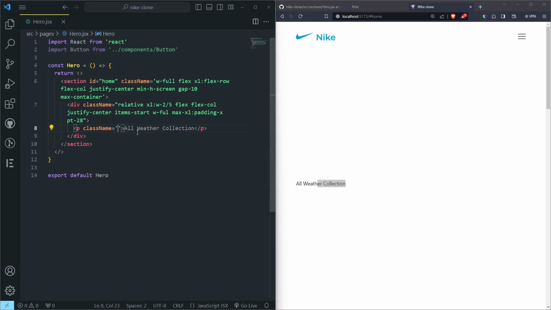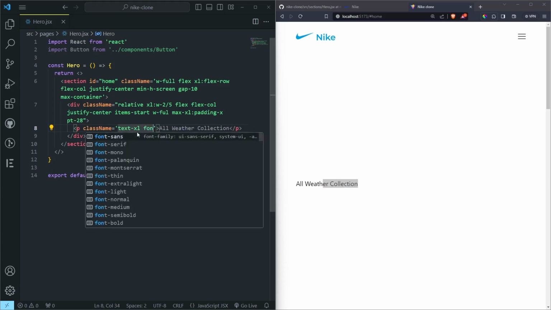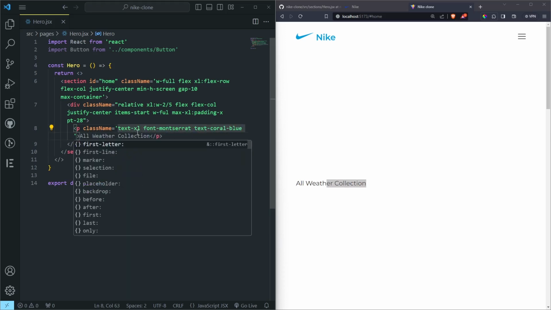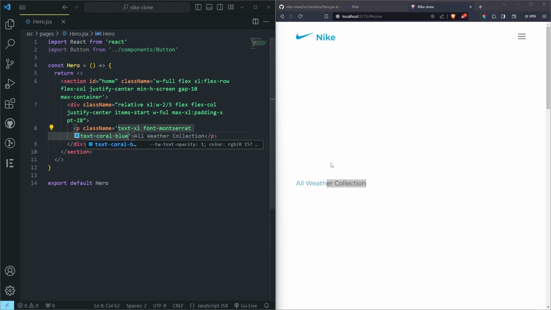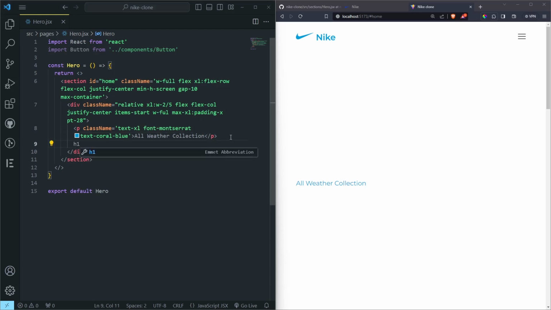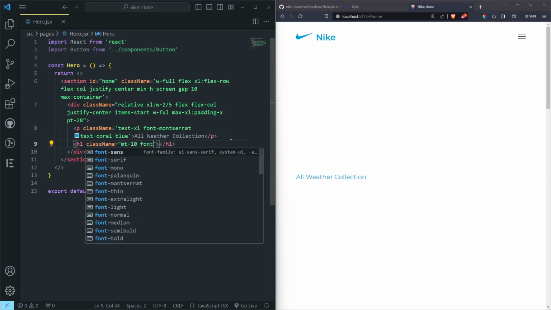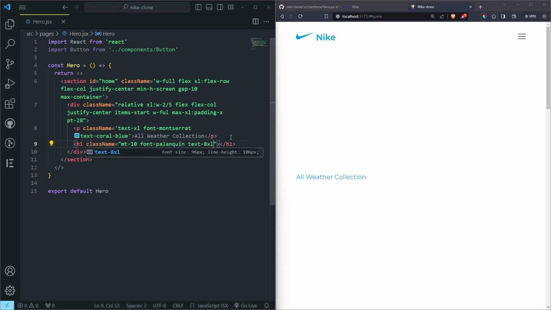Class name, we want this to have a text of Excel, so text Excel, and then a font, going to use Montserrat for this, and then we can also do a color of blue, so it's going to be coral blue, and then I think that one is better, yeah. And now below this p tag we want to have a h1, and this h1 is going to have a margin top of 10 to separate it from the all weather collections, and then we want to give it this font, and then a text of 8XL, like that, and then a max SM,